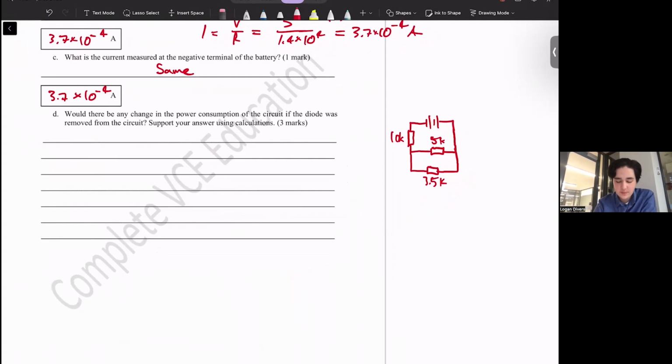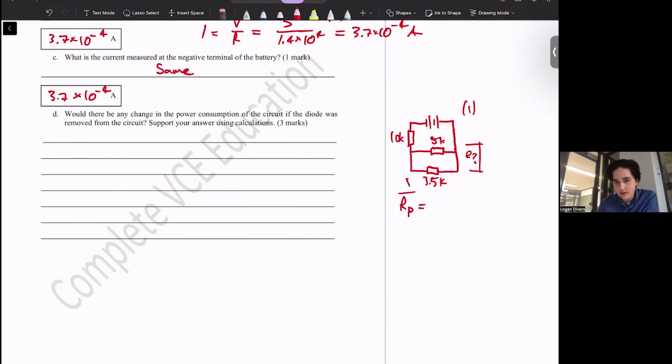Diode's been removed. And this will probably be your first mark as well, because you could do it without the redrawn diagram. It's a good way to pick up the 3 marks. So we need to figure out what the new resistance of this parallel section right here is going to be. So the resistance of the parallel branch